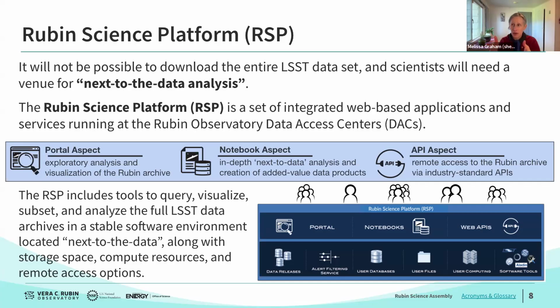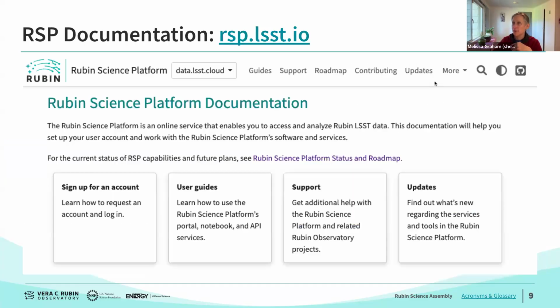So altogether, the RSP includes tools to query, visualize, subset, and analyze the full LSST data archives, and it's all in a stable software environment. The notebook aspect offers a stable, maintained software environment located next to the data. And in that notebook aspect, it comes with storage space, compute resources, and then, of course, the APIs, the remote access options. All of the documentation for the Rubin Science Platform is at